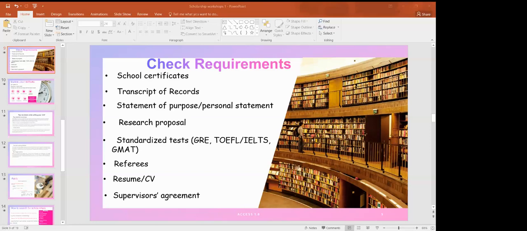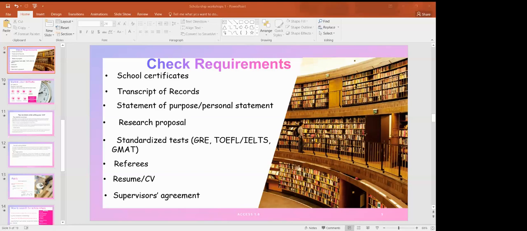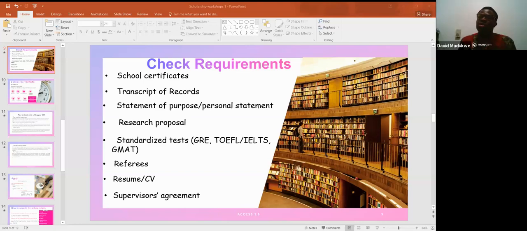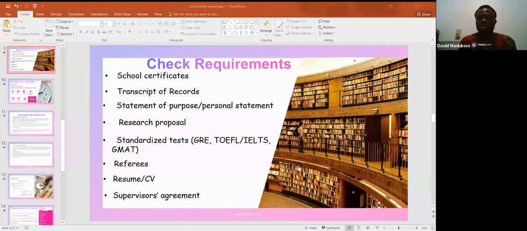Yeah, of course. They're almost the same thing, but the difference is that in your personal statement, you are trying to show them your attributes, your qualification. I mean, what makes you up? Who are you? You are trying to tell them who you are. So in such a situation, you're explaining yourself to them. They don't know you. So they want to know you from your personal statement.